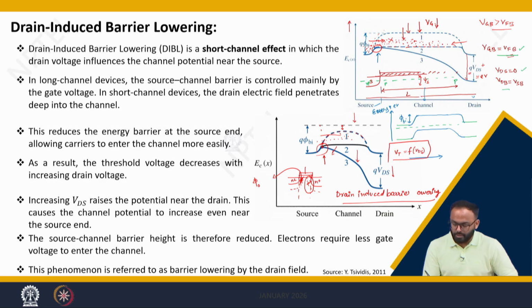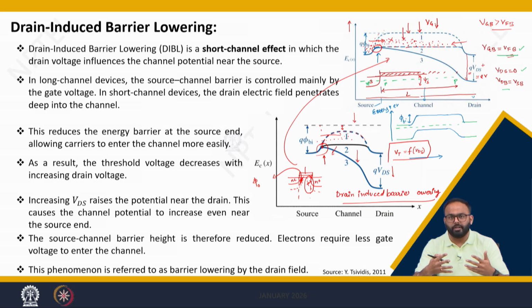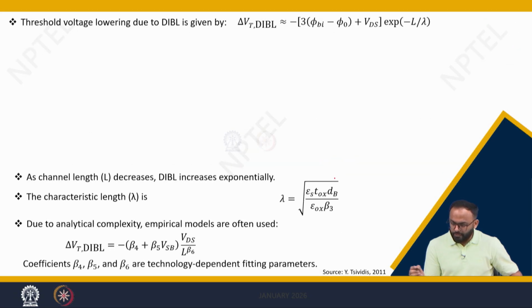One dimensional Poisson equation was good enough for long channel devices. However, when you are going for short channel devices, you need to solve two dimensional equations. So, to move further, we are again considering that we have a device which has a smaller channel length, and when you increase VD, then near the drain the expansion of the depletion region is there, and near the drain Qi approaches its minimal possible value,